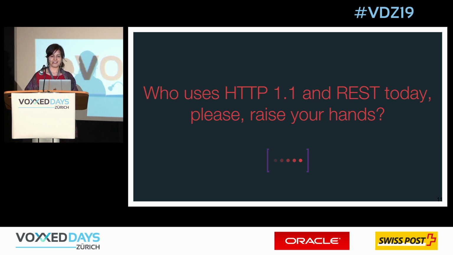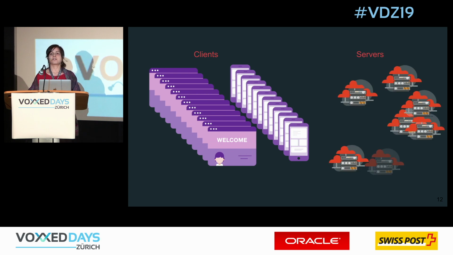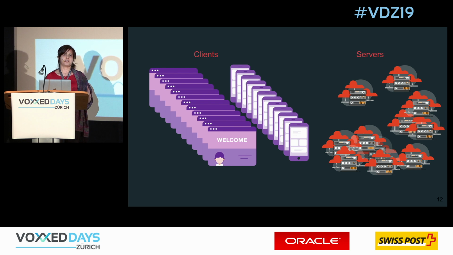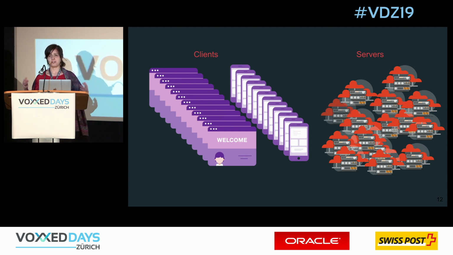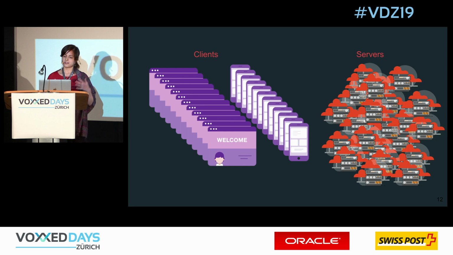Please raise your hands again. It's like a workout. Those of you who are using HTTP1 and REST today. Most of you are using HTTP1 and REST, and actually at Wix we also use HTTP1 and REST because it's a common way, it's simple, it works, and why should we use something else? Sometimes we face some problems. Sometimes we have a lot of clients. For example, at Wix we have 140 million users, and it's a lot of requests per day, a lot of requests per minute, and we need to have more and more servers. We need to pay more to Google Cloud, to Amazon, and it costs money.